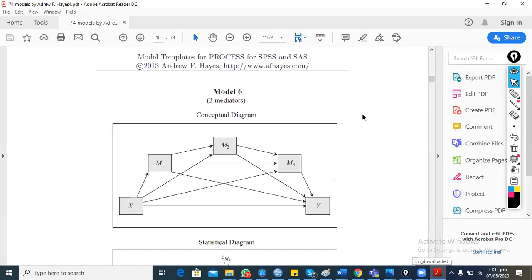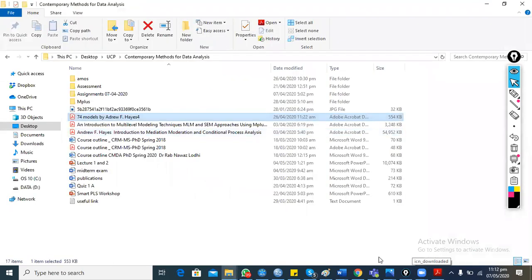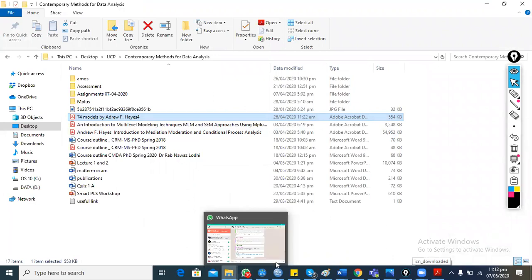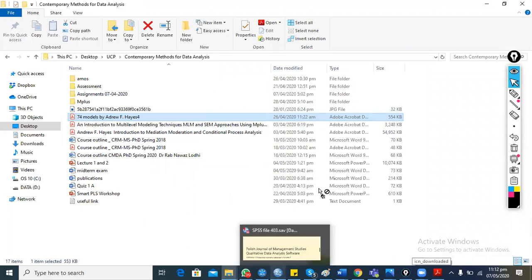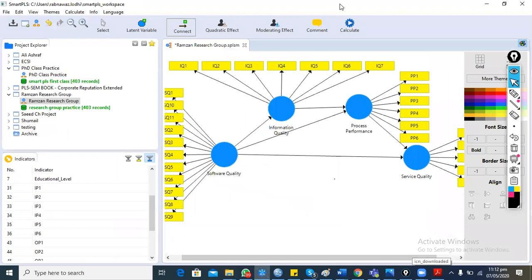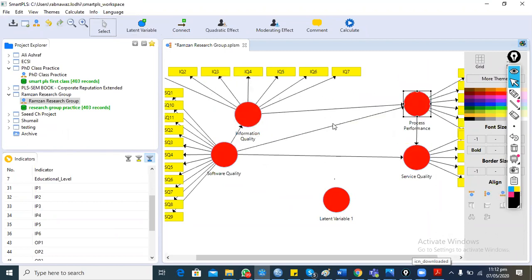So we can also put even more than two variables. There can be three variables in the serial mediation. So we can put three mediators, or we can put two mediators in the serial mediation. So if we go for this particular model and we put three variables, this is also the case. So we can also put another variable. This particular variable, we can connect it